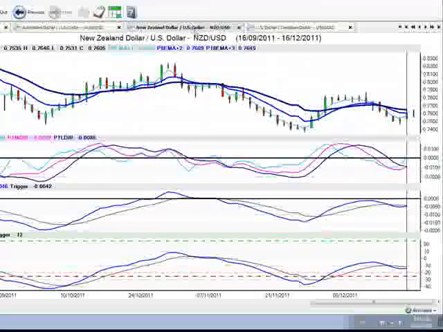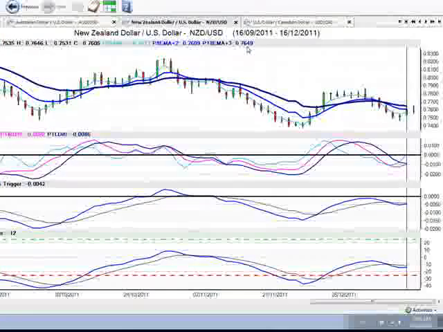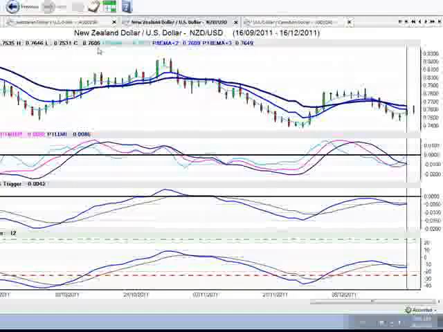When I look at the New Zealand US currency pair, I see the exact same thing. The key level here, 76.49. Again, a good selling opportunity into this level with a close of 76.05. I believe that risk will be off for the